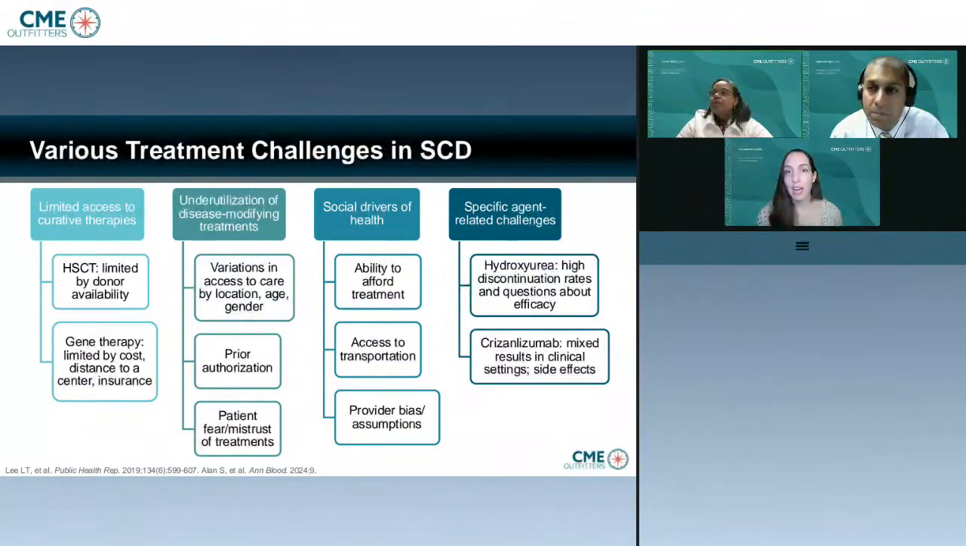Remember, the treatments that we have are somewhat missing the mark. I mean, hydroxyurea, I'm obsessed with it. Anybody who knows me, I will rave about hydroxyurea all day and all night. But we have crizanlizumab and Adakveo, which can help with pain, but it has no impact on your hemoglobin, which